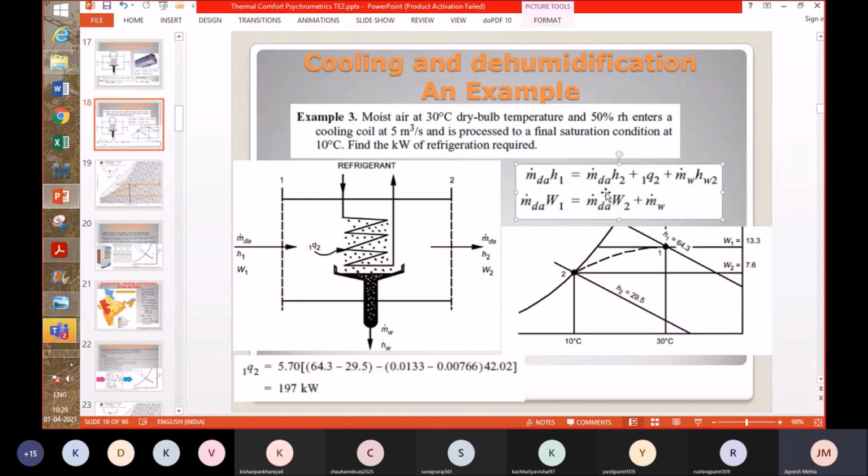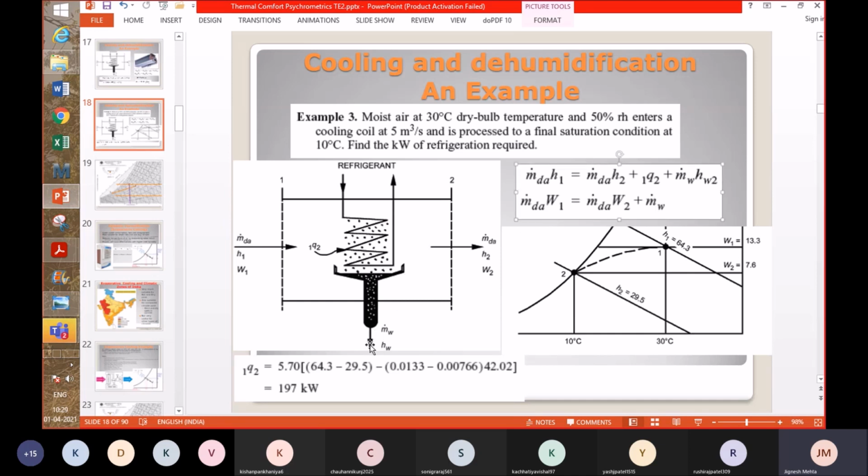Or you directly replace your m dot W here with the help of m dot dA into W1 minus W2. So in that case, the m dot dA would be common, and that's what is done here. So this delta W is multiplied. So this is W1, the first term, the second term is W2, and 42.02 is the enthalpy of liquid water